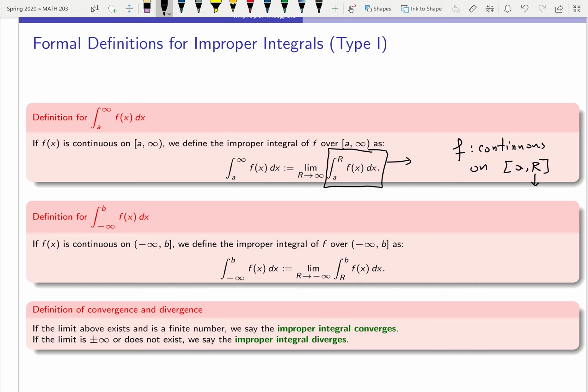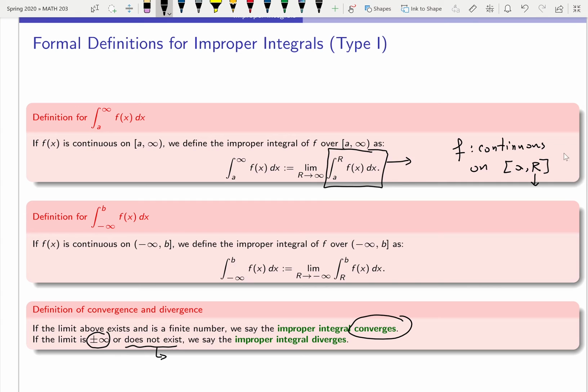The same idea will be true for the integral from negative infinity to b. Now, if you compute such an integral, and if the limit exists, then we say that the integral converges. And when we compute the limit, and if it's equal to plus or minus infinity or does not exist,